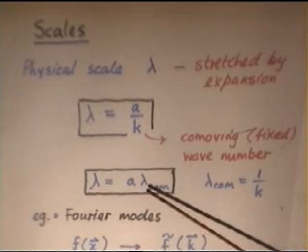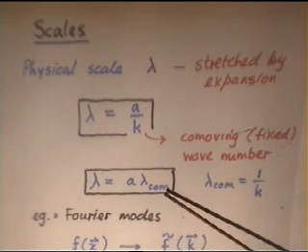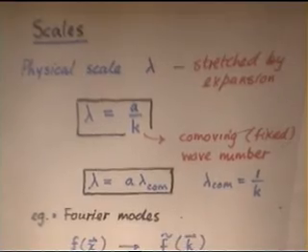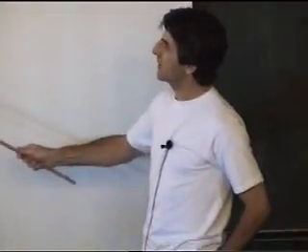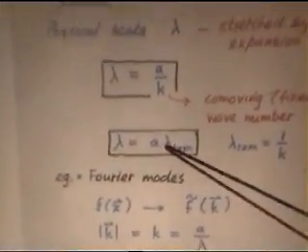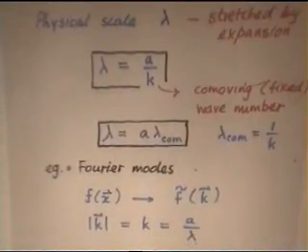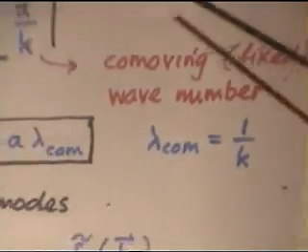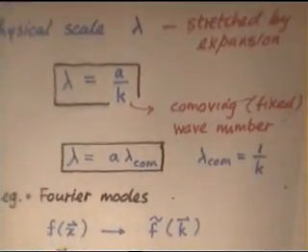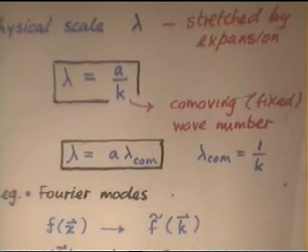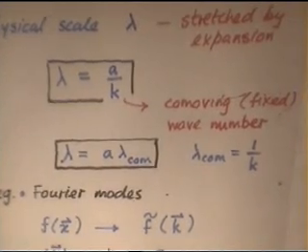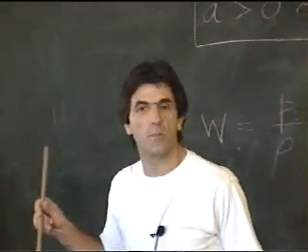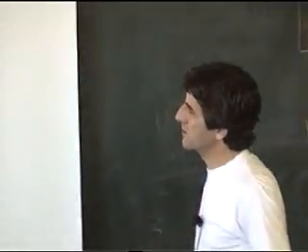Alternatively, you can think in terms of a co-moving wavelength. The co-moving wavelength is the fixed scale which normalizes the physical wavelength lambda. It scales with expansion by a, and the co-moving wavelength is just 1 over the co-moving wave number, k. And the use of k is suggestive because we often need to break things into Fourier modes. When we're going to look at perturbations or fluctuations in things, these are quantities which are not smooth anymore, and we're going to have to decompose them into Fourier modes. So it's quite useful to use the notation k here, because it's exactly the same k that crops up in